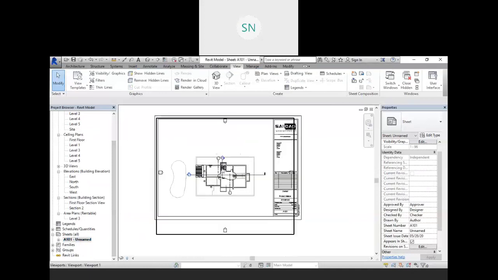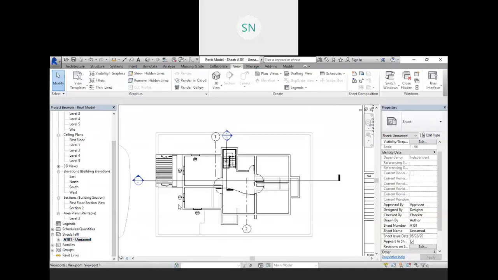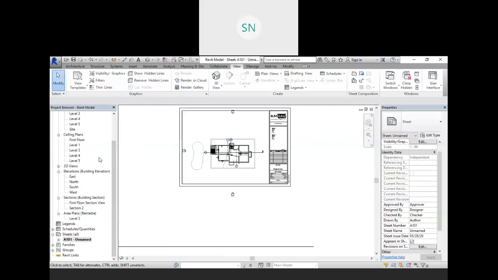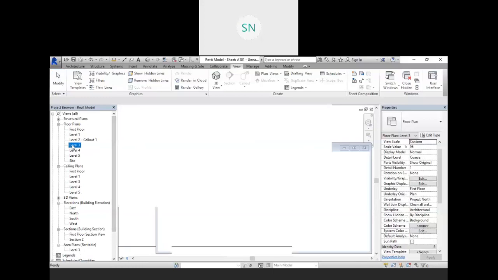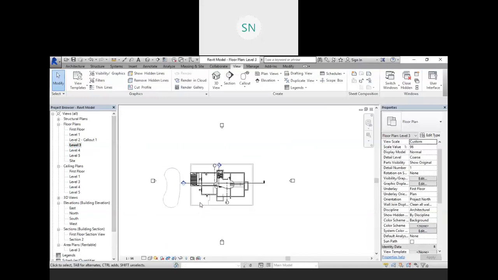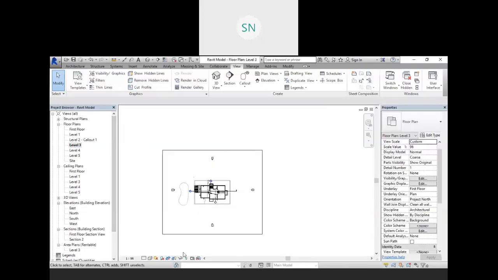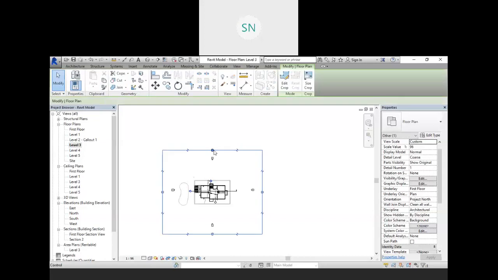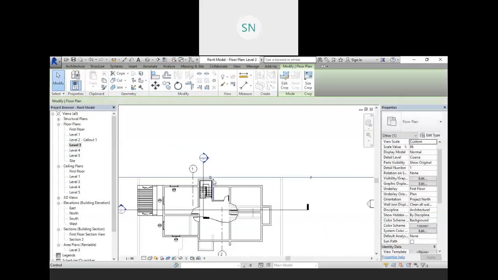Now I want only this much thing, right? So we can set our range. So go to the level 3 and set your crop view. Turn on your crop view, and then set it to whatever you want to show in your drawing.